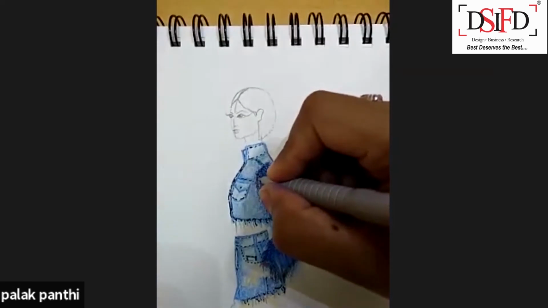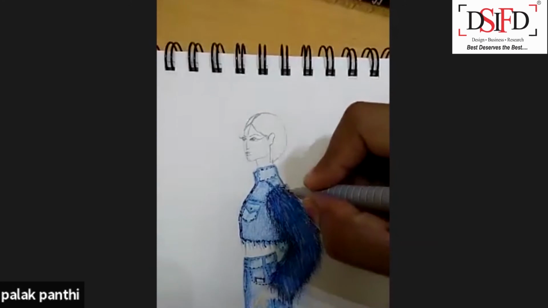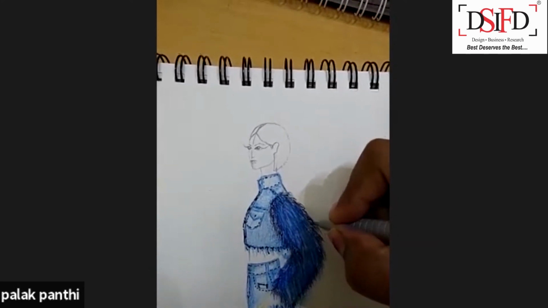At the end, just like what we did here for the frayed denim, do it for fur also.